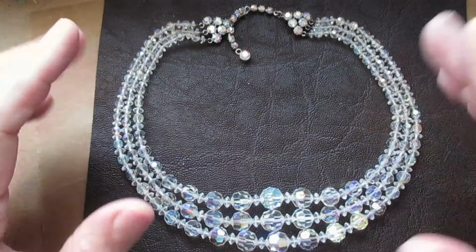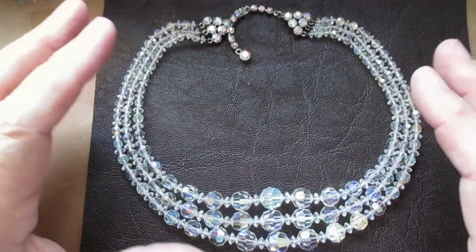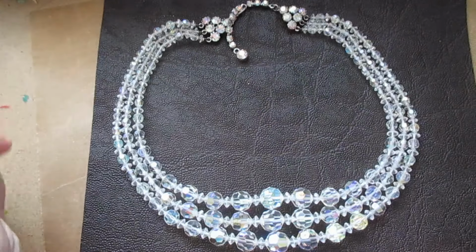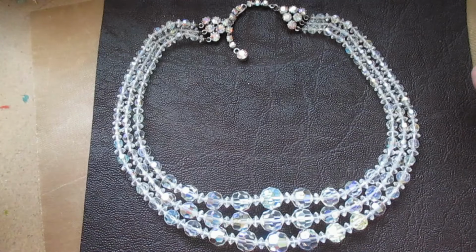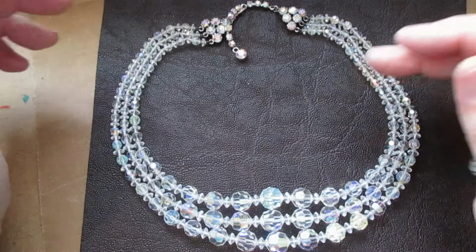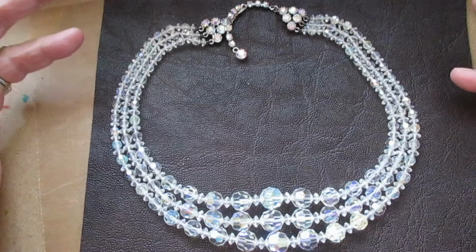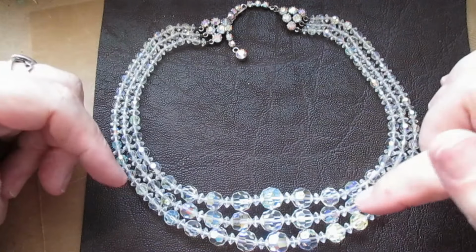They are expensive. I have checked online what people are selling them for. But you haven't got this quality, and you don't have the original vintage clasp. And there were a lot of money, some of them. I've seen some really cheap ones, but when you look at them close, and I do because I buy and sell them all the time, you can tell when they've been made to look old. And you know, they're selling at £20 to £30. But a real genuine crystal necklace of this quality,